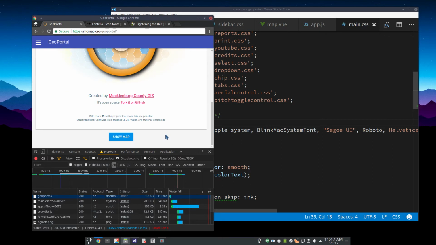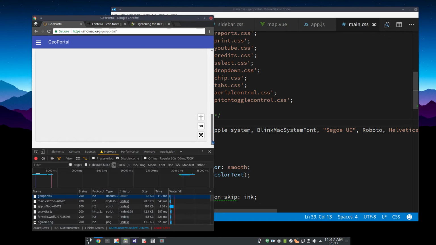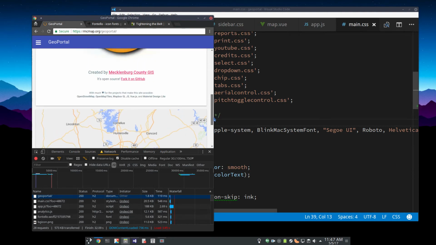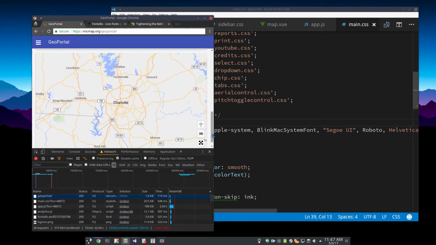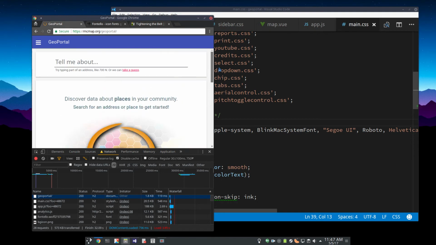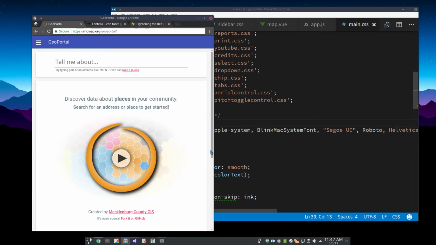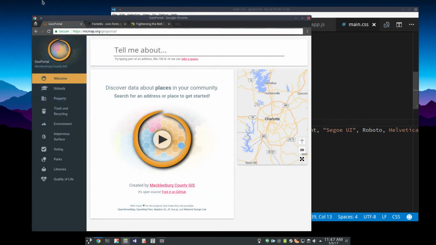Instead, you get a button, and if you want to, you can optionally draw the map. It's drawing over 3G here, so it was a little bit slow. Simulated 3G. So that's how that works. So if you were on a page that was 2 column, it would automatically draw the map for you. If you're on a single column, which you're more likely to run into on a mobile device, it makes the